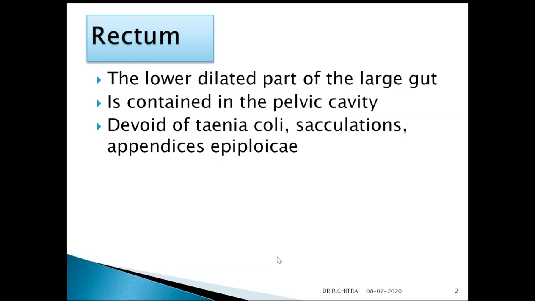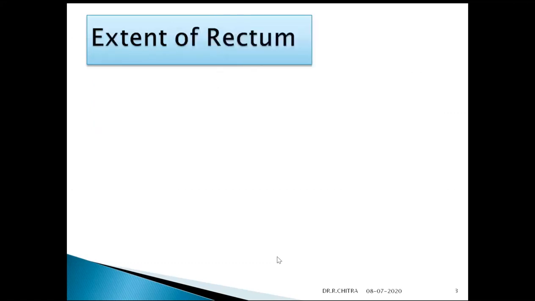Rectum is a misnomer. Rectum means straight tube, but it is not straight in the human. It is straight only in quadruped animals. In humans, the anorectal junction is bent forward by the pull of the puborectal sling of the levator ani. So this rectum is a misnomer in man.